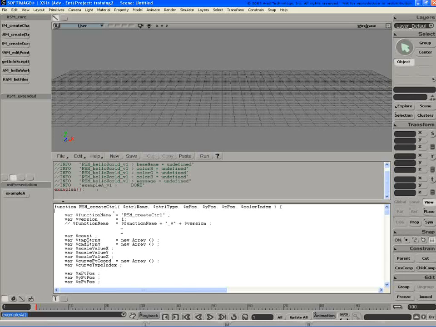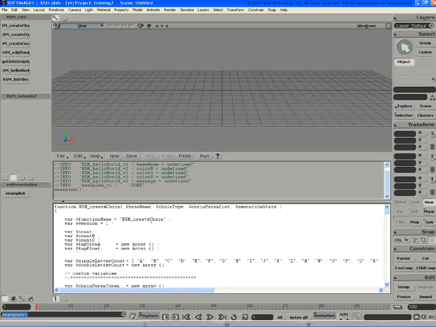I also have a chaining script which will create chains, like joints, and again I pass it multiple variables. Again, this is one of my older scripts, and I'm currently in the process of modernizing it, passing only 3 arguments and then doing the